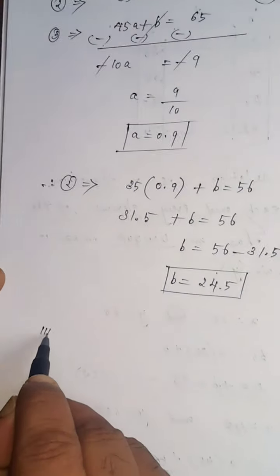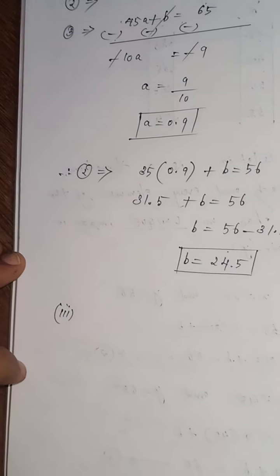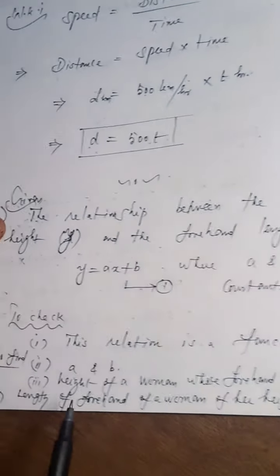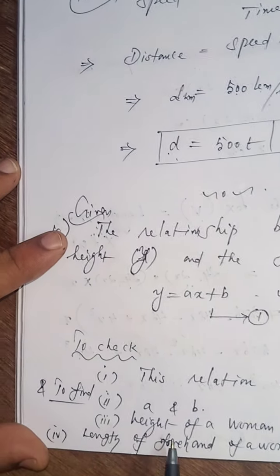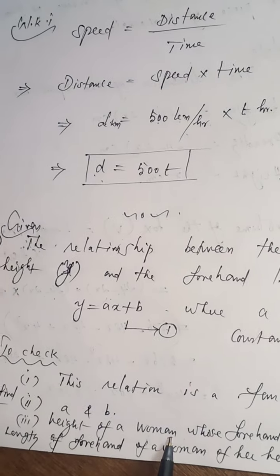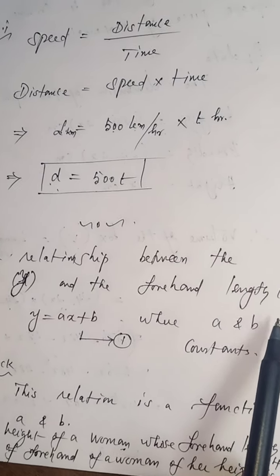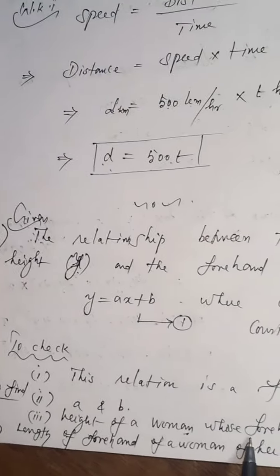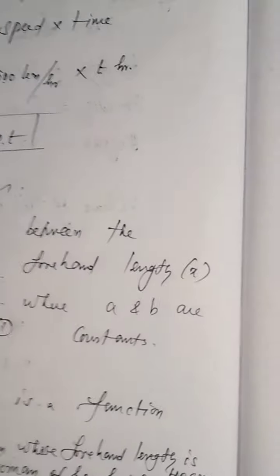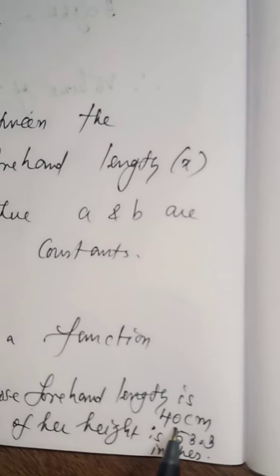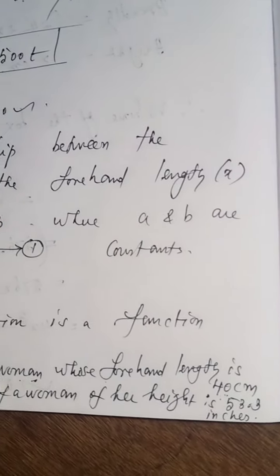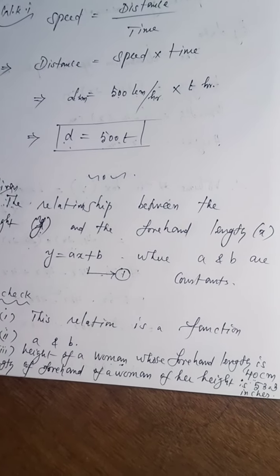Now subdivision number 3. See, in subdivision number 3, here you are asked to find the height of a woman. Height of the woman, that is, height represents y, correct? Whose forehand length is 40 centimeter. That means you are given the x value, you are asked to find the y value. X value is given, you are asked to find y. So when x equals 40 centimeter,